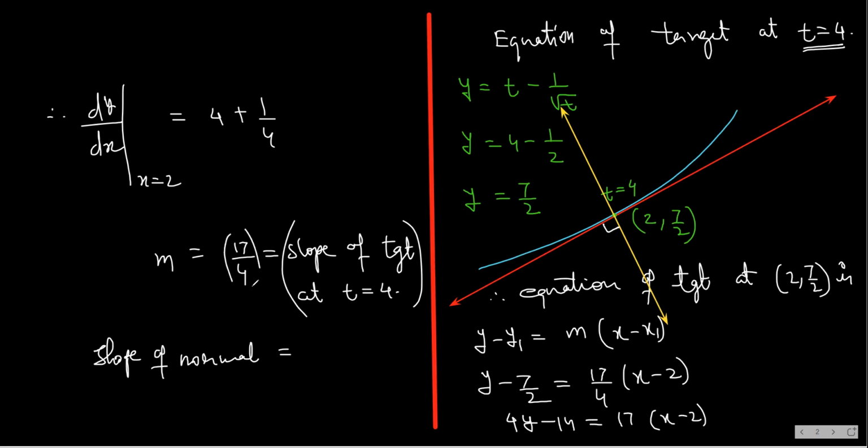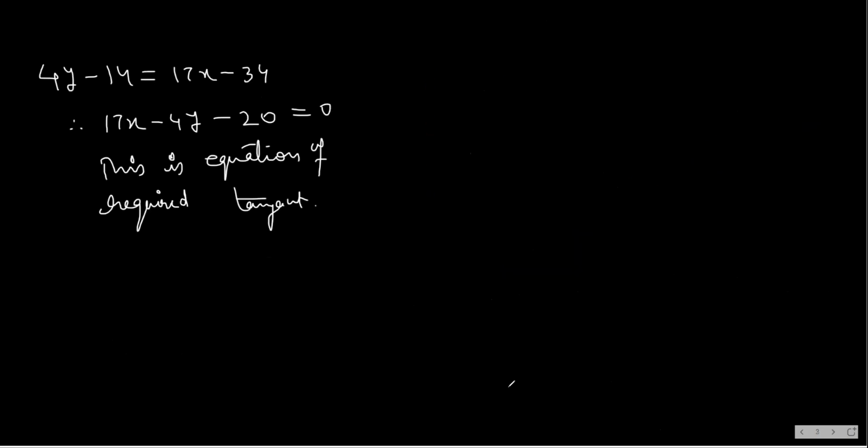So the slope of tangent, you have 17 over 4. So slope of normal will be -4 over 17. Just negative reciprocal of this. Since you have -4 upon 17, if you multiply these two, you will get -1. Okay, so I got slope of normal. Now I will write equation of normal. Therefore, equation of normal is